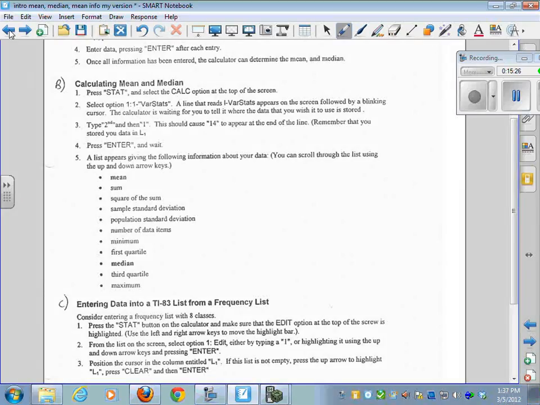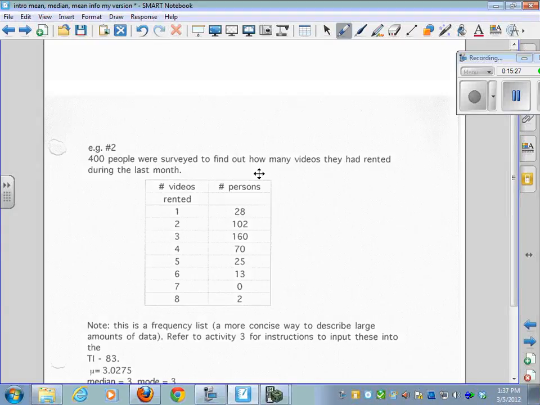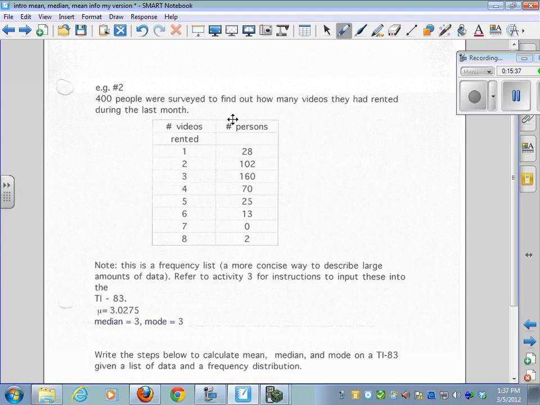Okay? Now, sometimes we have data that's not arranged like that. Sometimes we have data referred to as a frequency table. So I would like you, on the back side of the first page, the one that says example 2, to write frequency table. If you've got a lot of data, you don't want to write out every single pair of pants,